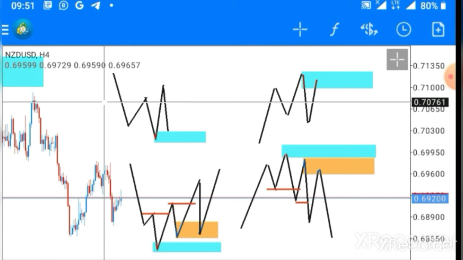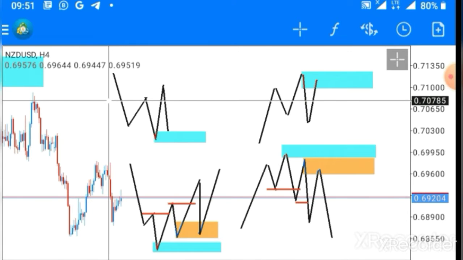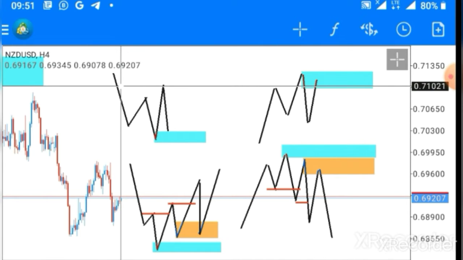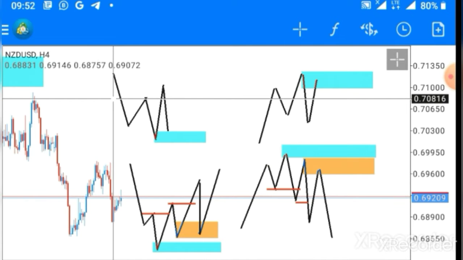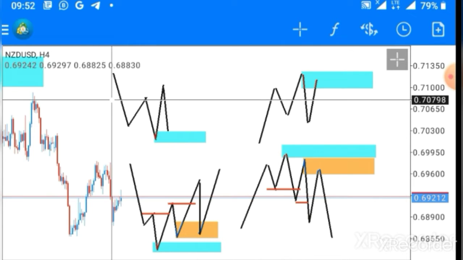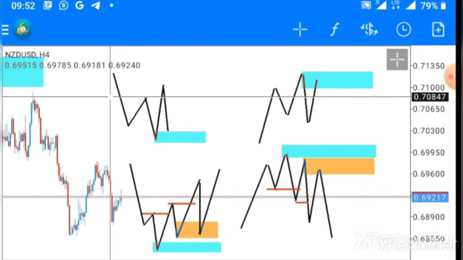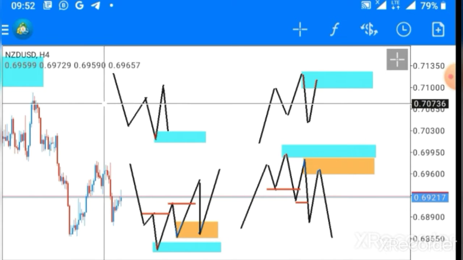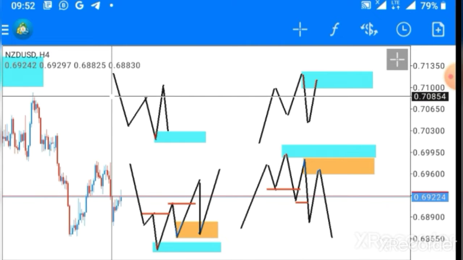To so many traders, they look at the breaking of this structure here to form a new higher high as a trend change. That's wrong. That does not in any way confirm a trend change. That price broke structure once does not in any way confirm a trend change. And that is where many traders are making mistakes. For you to confirm a new trend, you need a double break of structure. I cannot emphasize that enough.